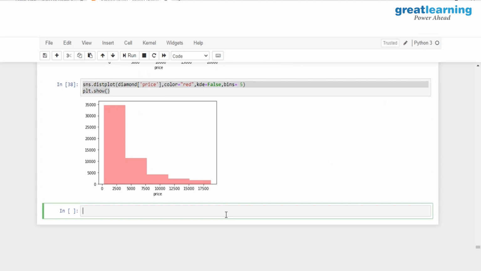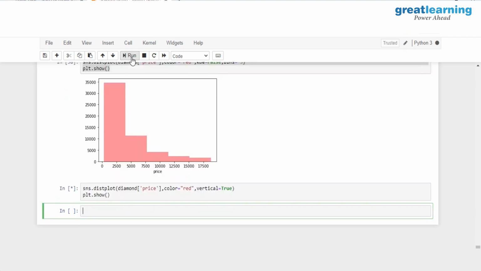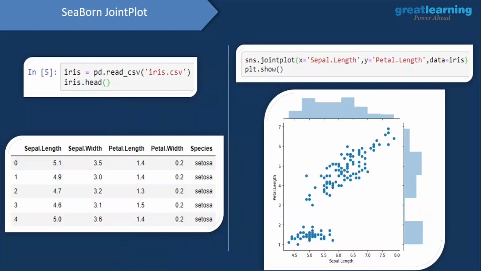I'll have the same command over here, and here I'll set vertical to be equal to true. I'll remove this KDE equal to false from this. I'll also remove this particular attribute from this. Now if I hit run, you would see that I have mapped this distribution plot onto the y-axis.